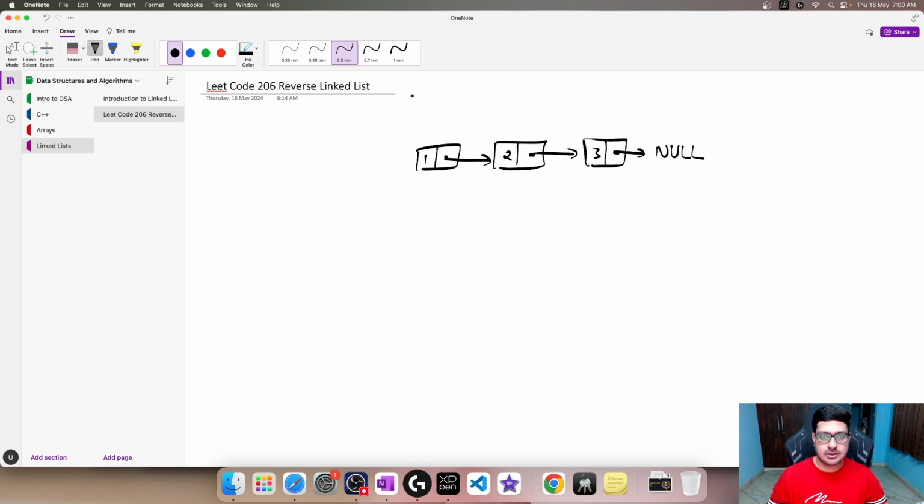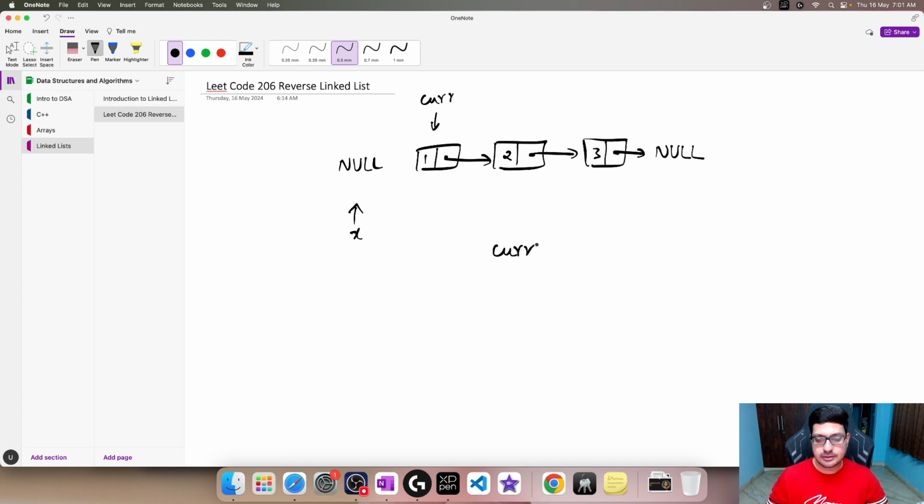So let's say I have a current pointer which is currently pointing to 1. Now when I break this connection, I need to point it to something else. So I will create a new pointer. Let's call it x. Now x will point to null. There is nothing here, so x will point to null. So when I'm at my current node, we need this connection to break and point to null, right? So what I will do is